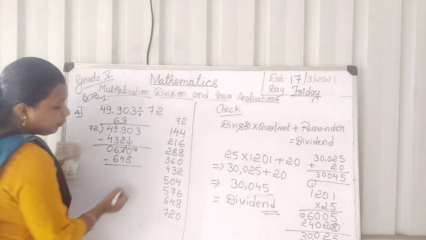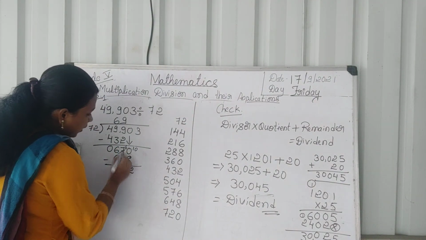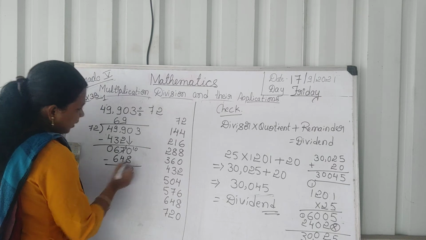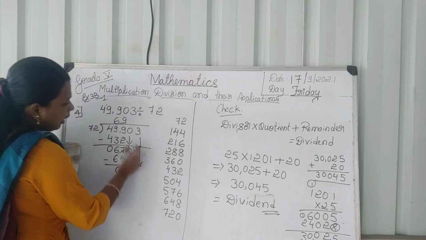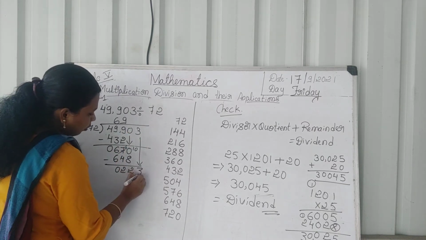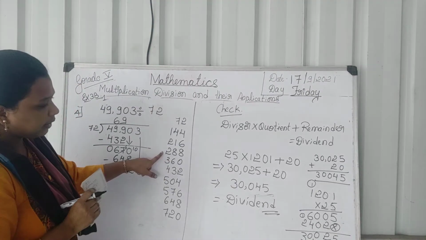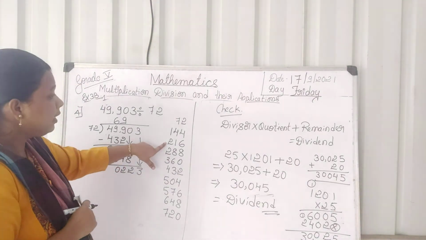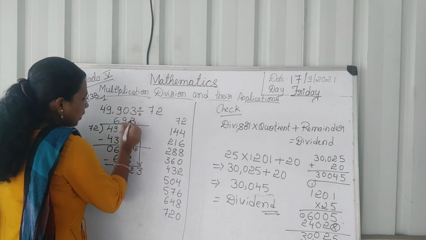Borrow means 10. 10 minus 8, 2. 6 minus 4, 2. 6 minus 6, 0. Take one more digit. The next digit is 3. Bring it down now, 3. 223. Less than that is 216. 72 3s are